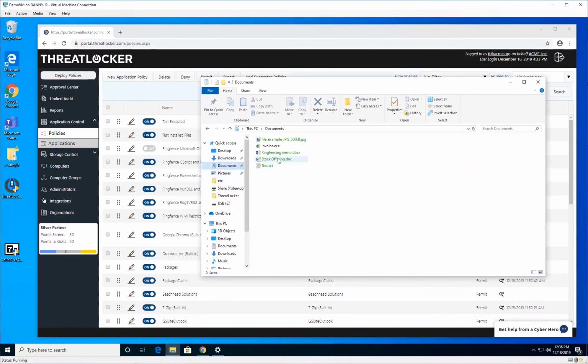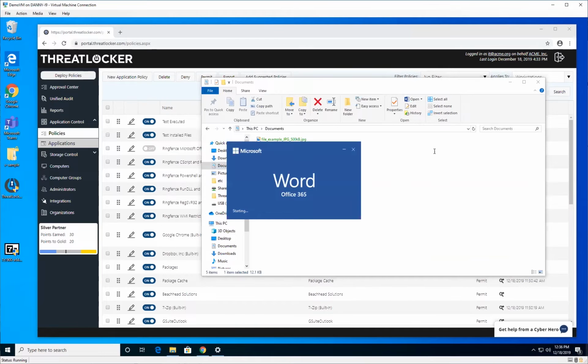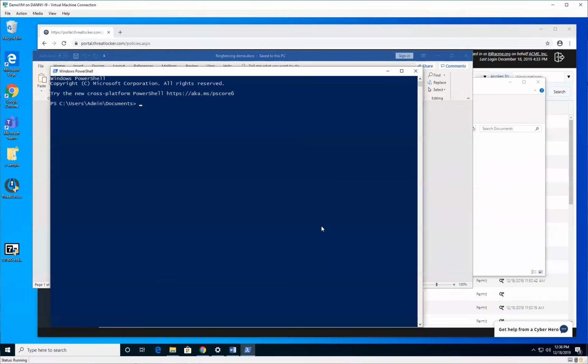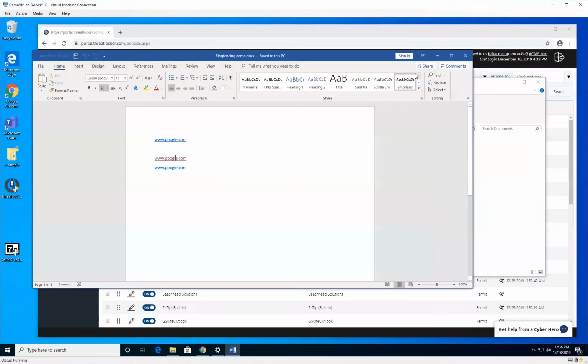I have a document in my documents folder here. If I open this document, it has no macros in. If I click on this link, it fires up PowerShell. I can potentially pipe in commands here like upload files, copy files, delete files, encrypt files, even using built-in tools that are permitted on your whitelist. And no antivirus, no whitelist is going to stop me because these things are good files and good applications that I'm using. So what we want to do is go beyond that and deal with the issue